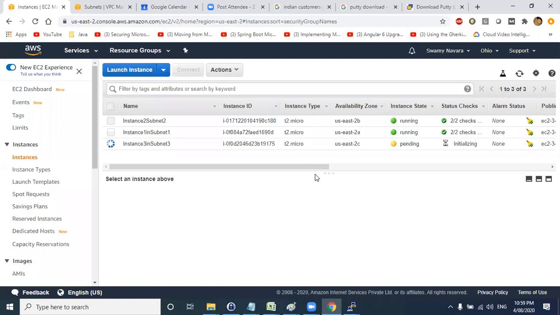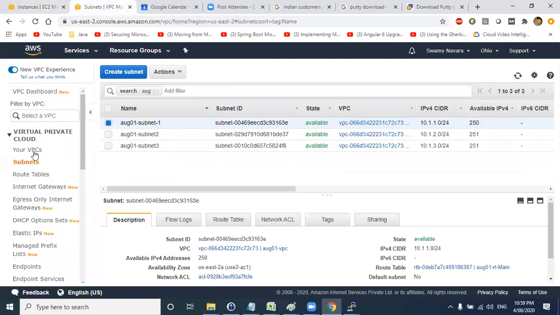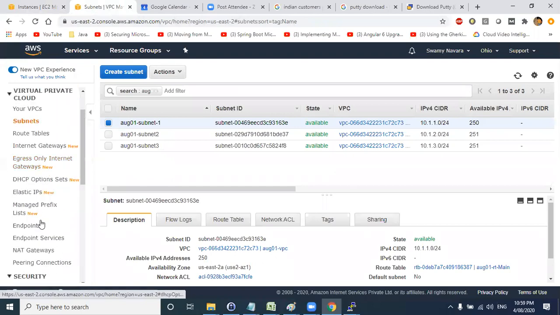See, initially, if you are new to AWS, this VPC, as I told, is a one-time activity. Even if you're joining a project which is already AWS implemented, you will not get an opportunity to create a VPC, subnets, route tables, internet gateways, or whatever options we are going to discuss in the next 2-3 days. So what you do is you create a lab, delete the lab, and create again like this.